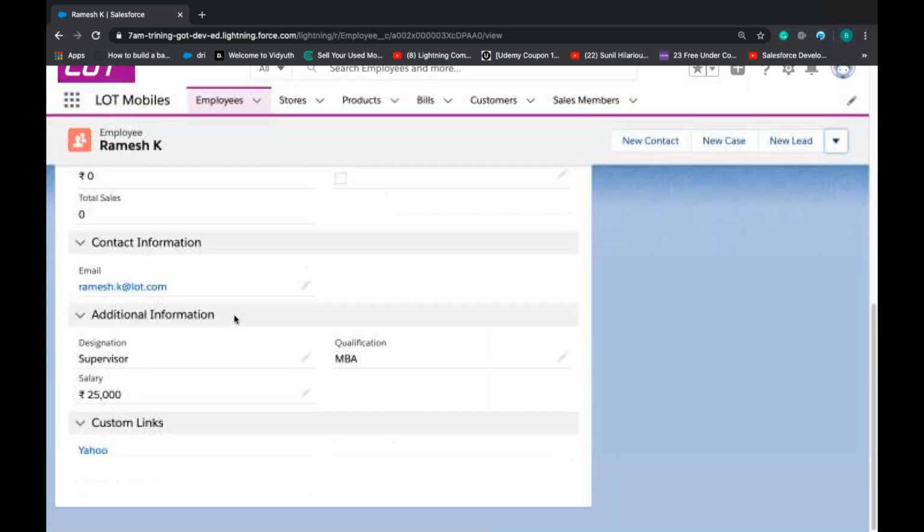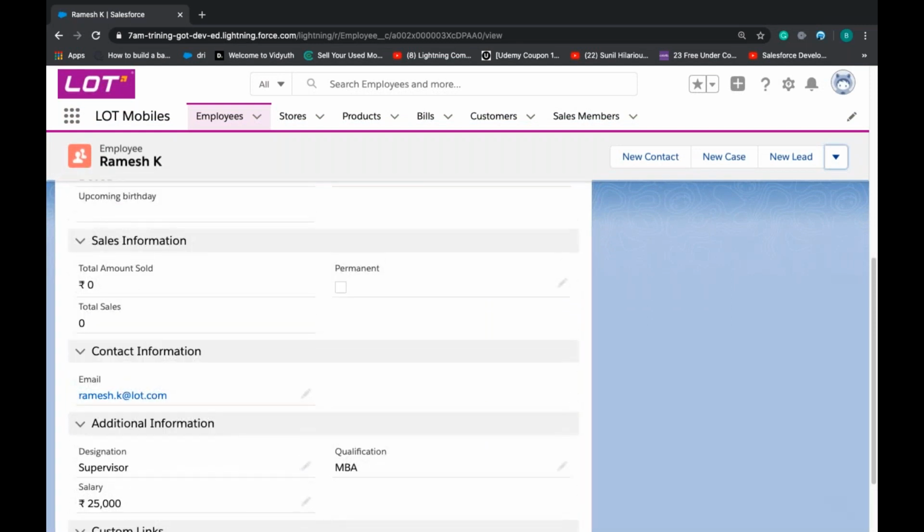Number of sales, total sales and total amount sold. If these fields are updated, this whole record will go through order of execution again. But only 2 fields changed.